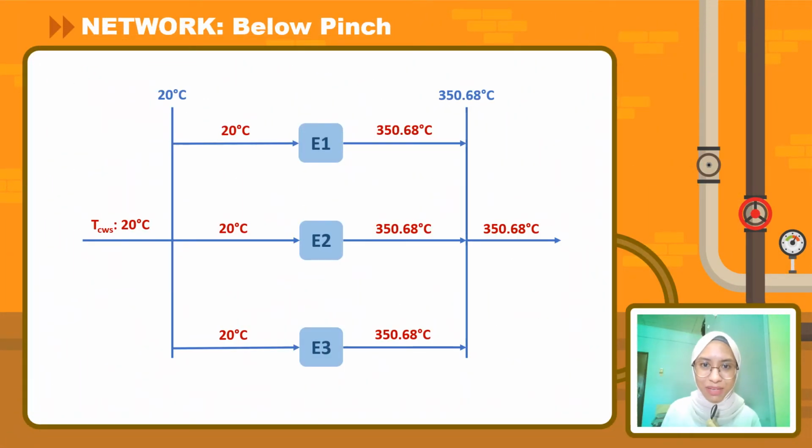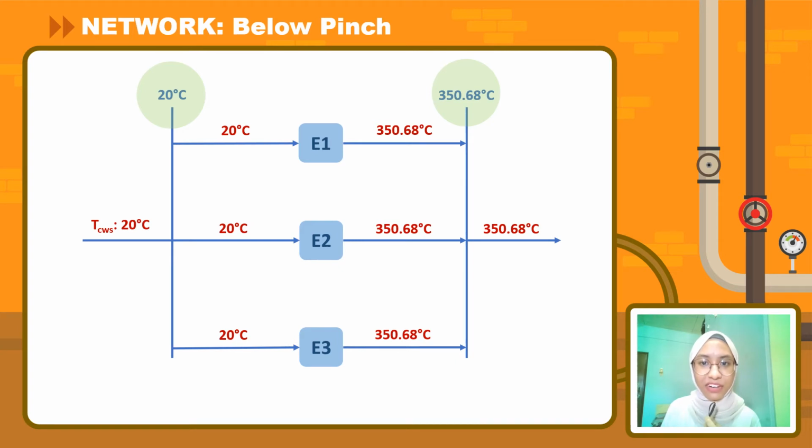Hi, my name is Syaza and I'll be presenting the network for below and above pinch. For below pinch, the inlet temperature for cooling water supply is 20 degrees C, while the temperature pinch is 350 degrees C. From the network, the three coolers will be available in the below pinch region according to their temperature